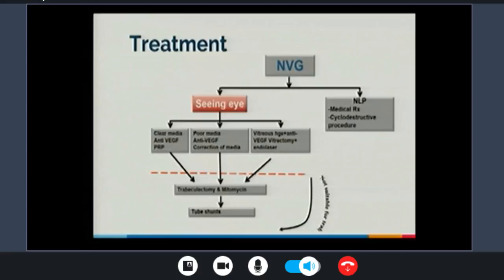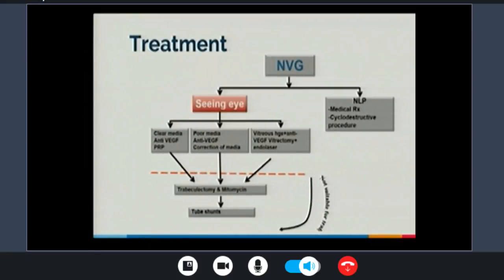and then I might need to repeat it, because we know that anti-VEGF has a temporary effect. So I might need to repeat it and do the trabeculectomy or tube surgery, and then wait until the new channels that I created get established. Then we can subject him to cataract extraction and endolaser or whatever at that time, or even after that. Or sometimes we can combine the trabeculectomy or the glaucoma surgery with the cataract extraction if it is a cataract. If it is